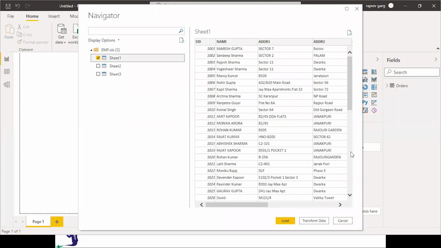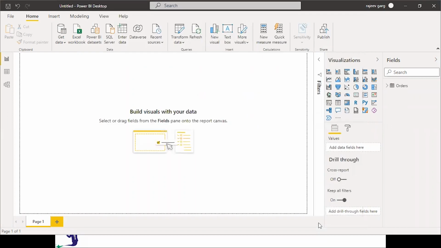Till now you have seen we have always clicked on the load data button, but this time we will click on transform data so that we can move directly to the Power Query.